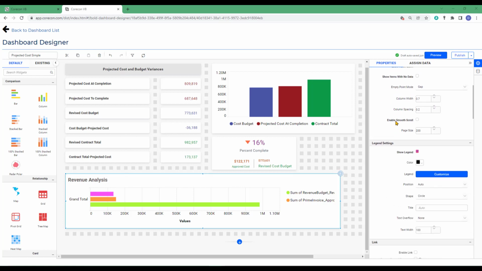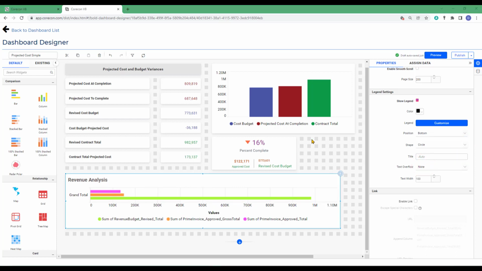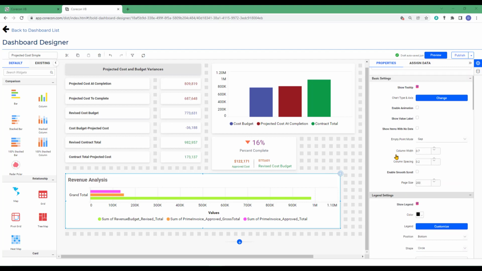And we're going to scroll down to the Legend settings. I want to make sure the box Show Legend is checked. And right now the position of that legend is set for auto. Let's take a look at what it would look like at the bottom. If we scroll to the Formatting section,